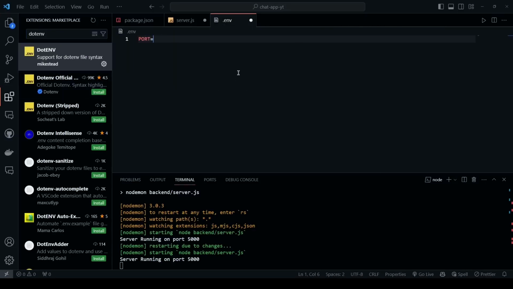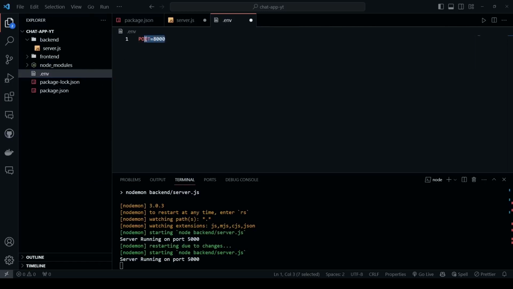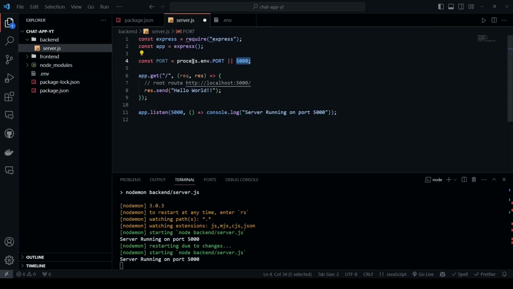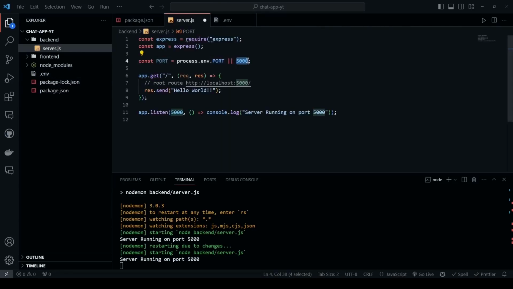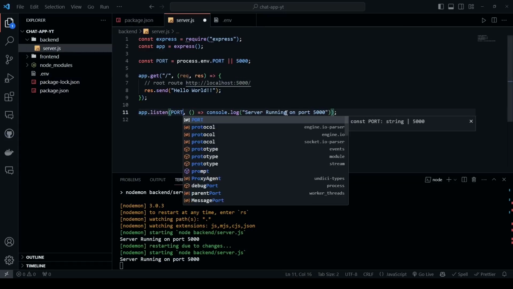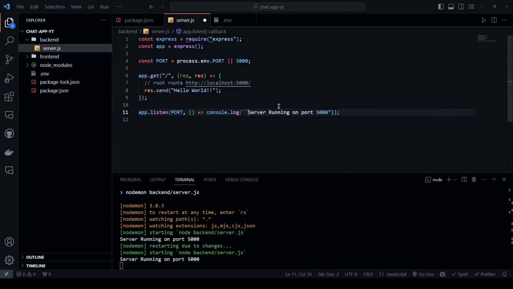And once you install this, now you can get this highlighting, and I'll give this port value to be 8000, and I'll save this file. Now we say the port value should be either that port value under this file, or it's gonna be 5000. Now if you save this now, this is not gonna work. Let's just put port here and then update this. Server running on this port, and I'll just put backticks and use this variable,